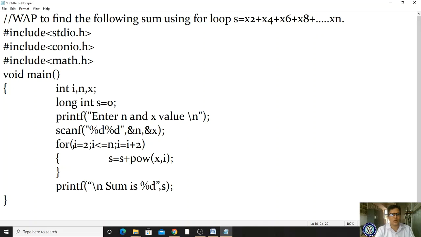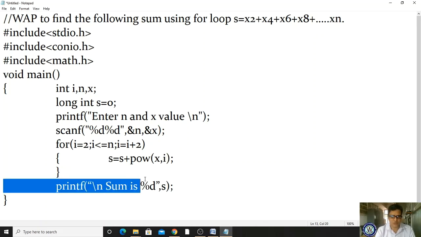Now the new value is 4, 4 less than or equal to 10, condition true. Here it will come: already 2 power 2, that is 4, plus power of, what is the x value? 2 comma, what is the new value of i? 4. 2 power 4. What is the value of 2 power 4? 16. 16 plus 4, that is 20, which I am storing in s.